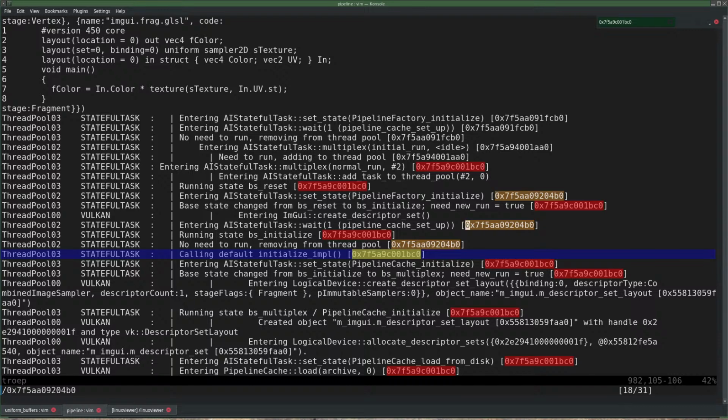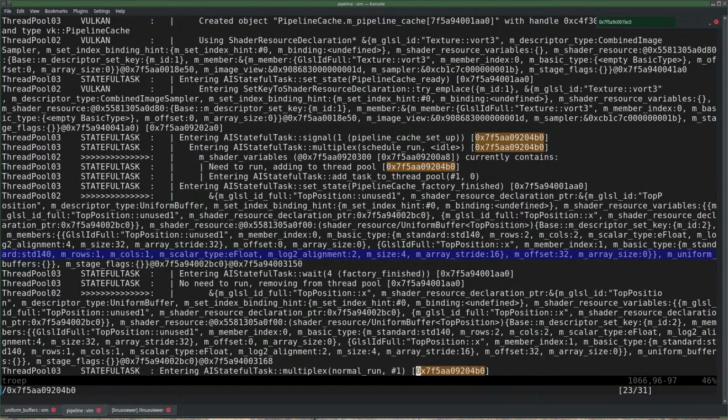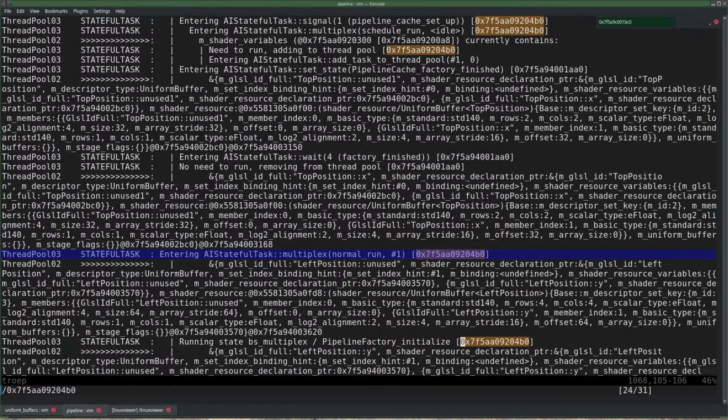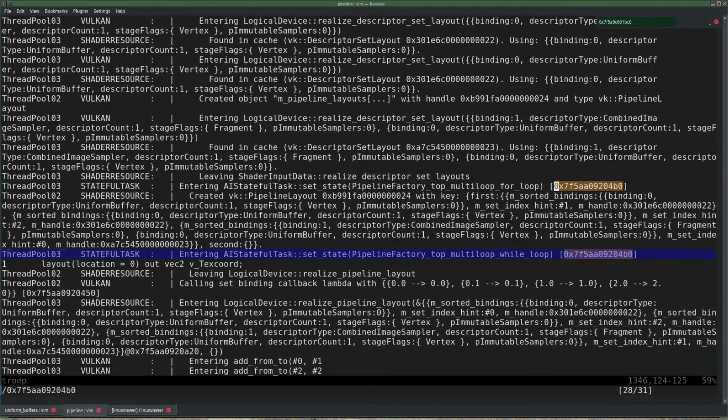Factory initialize. Pipeline cache set up. We're waiting for that. Here it is, signal, so it starts running again. And then we run initialize and initialized. Wait for fully initialized. We immediately also start running that. Top for loop,